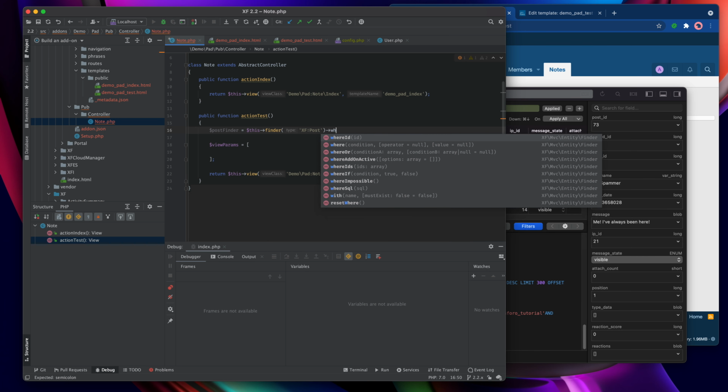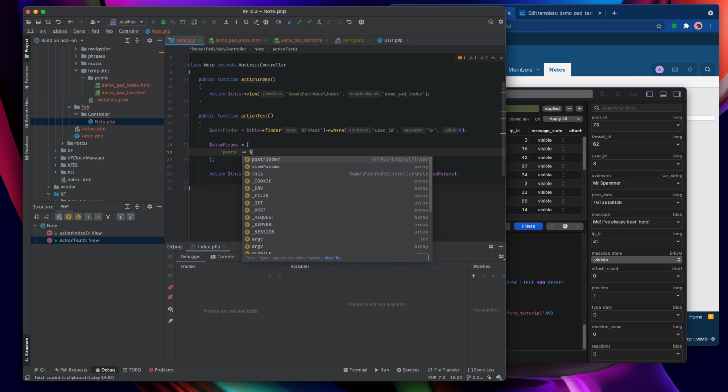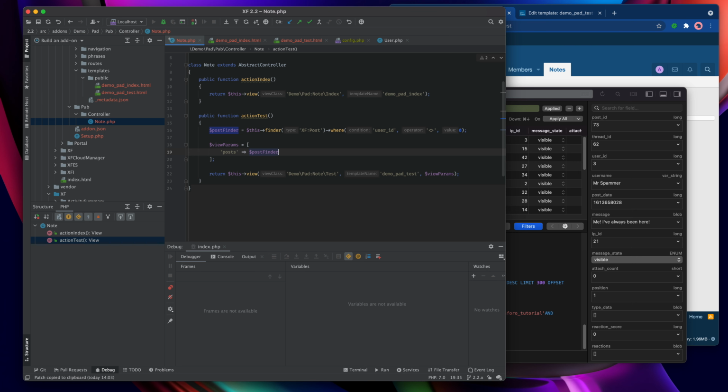And then I'm going to only fetch those where the user ID is not 0, so not guest posts. And then I'm going to pass the post finder, even, as posts to the view parameters. I've got nothing else to do with the posts in the PHP, so I'm going to be a bit lazy here and actually just pass the post finder.